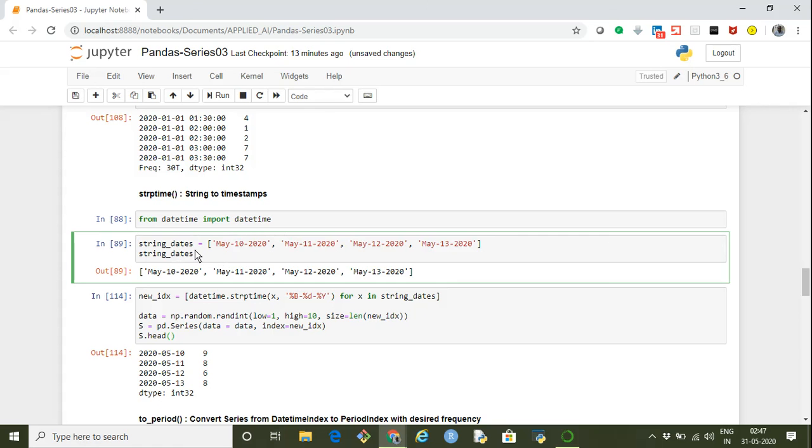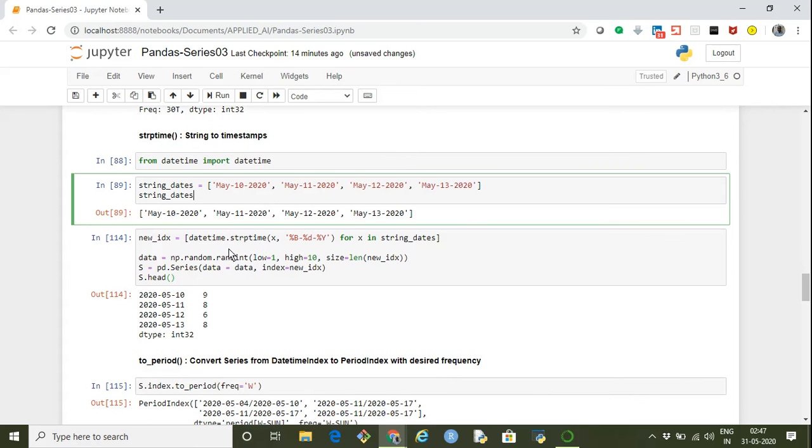Now let's say this is a list of dates which are actually strings, and we have to use these dates and create a new series in which these will be converted into datetime and will be the index of that particular series.